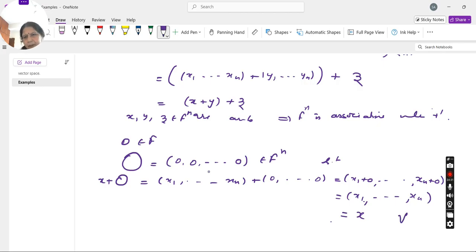And it is true for all x belonging to n-tuple of F. That means 0 is the additive identity of